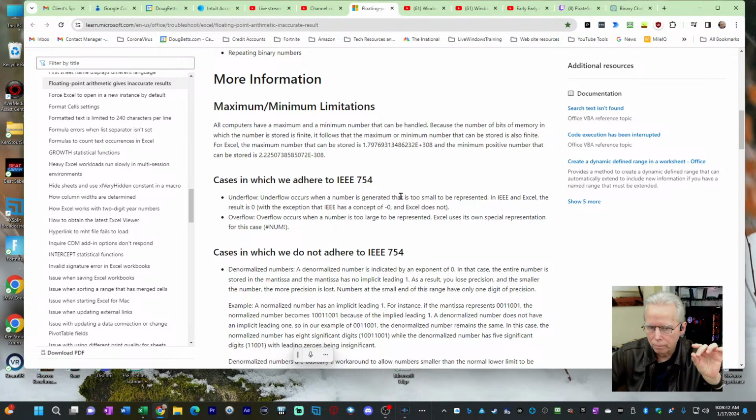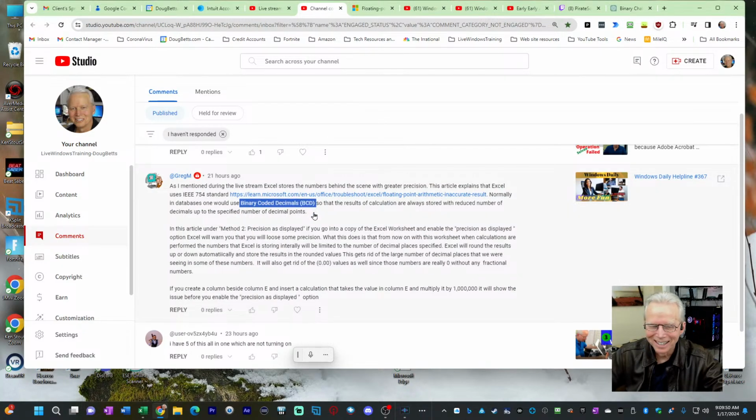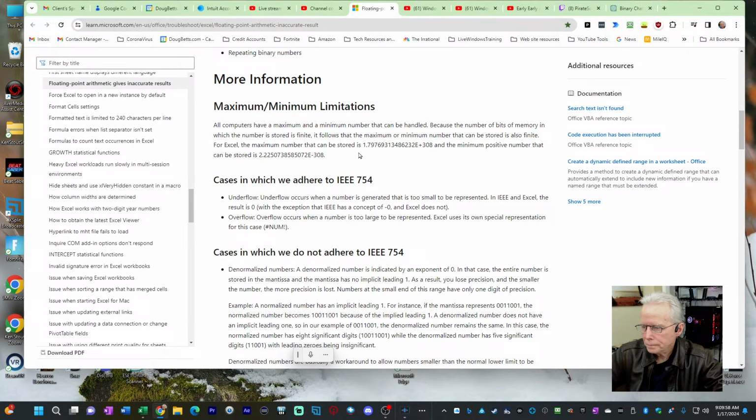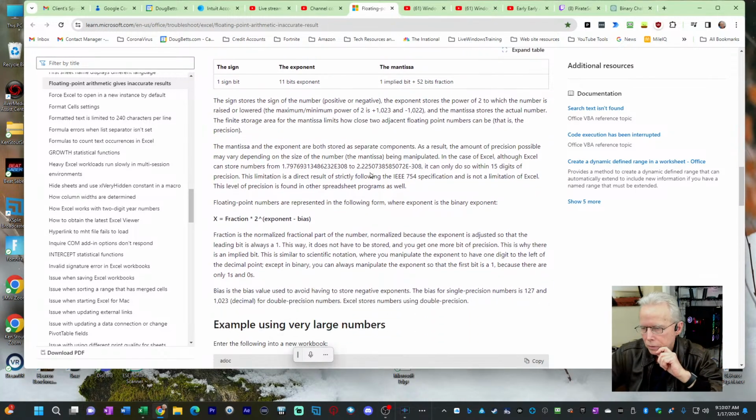If we use that BCD, see, Greg said it here better, binary coded decimals, which some of us are going to think boot configuration data, right? Binary coded decimals. But it has to do with how these floating point numbers get stored.